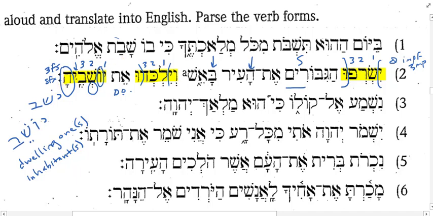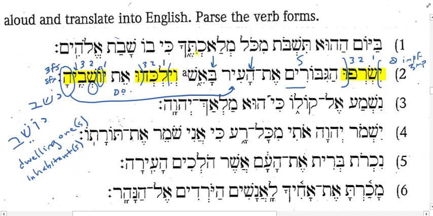Why is a feminine singular pronoun used? That's right. It goes back to the city, ir, which is feminine singular, right? Remember, city is feminine singular. So you could translate this as her inhabitants. You could also translate it as its inhabitants, okay? Because we are talking about a city which really doesn't have a natural gender. Okay? All right. Does that make sense? Or is that still confusing to you?